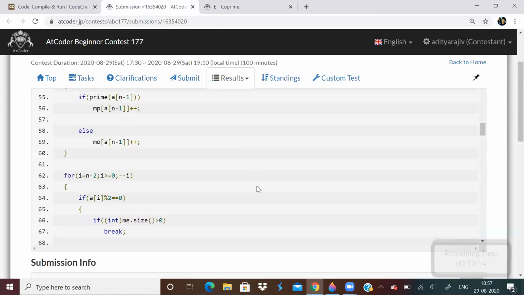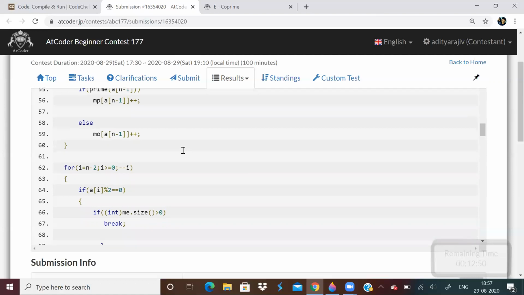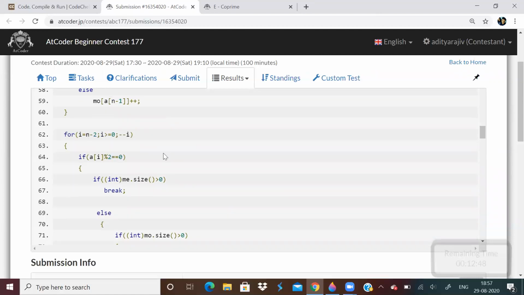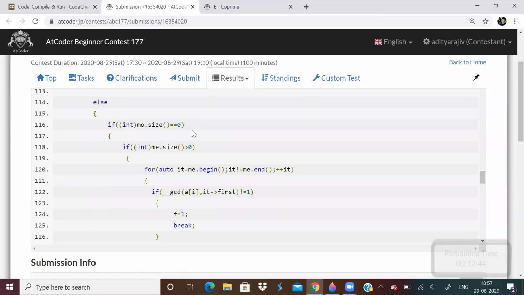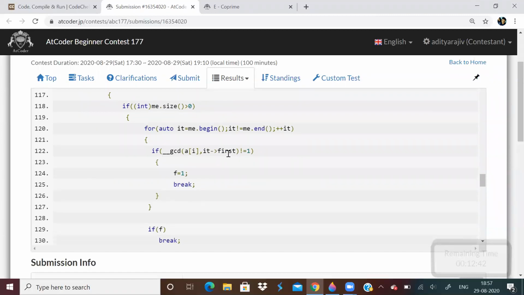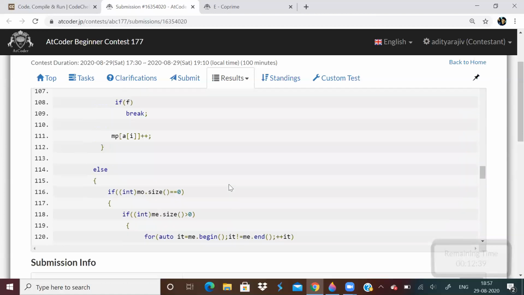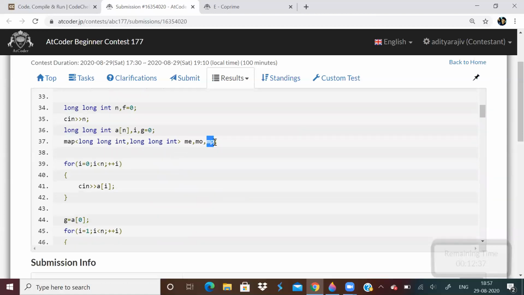Traverse from the back side and check for every even element, every prime element, every odd element, whether GCD is 1 or not 1. The reason I took three maps is to avoid TLE. If you take only two, you have a chance of getting TLE.